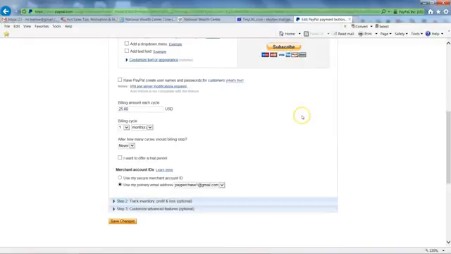So now we're going to go down here to billing amount each cycle. That's $25. This is for the $25 membership level. The billing cycle is 1 month. If you see that, you can see why we highlight the 1. Once you've done that,